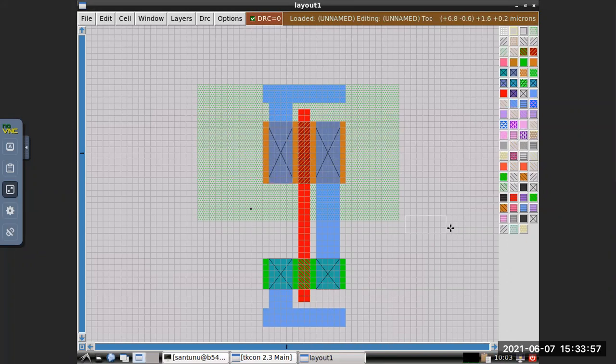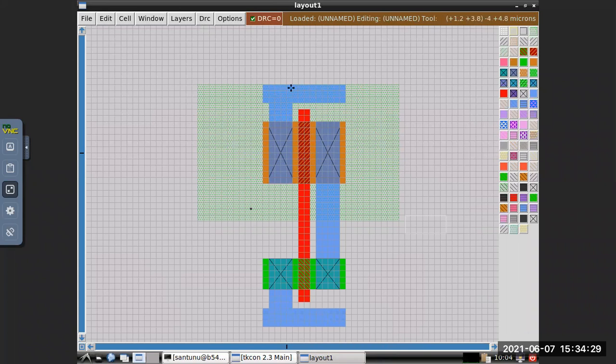Okay, so now what you will do, you will put N-well contacts and P diffusion contacts. Yes or no? Yes, sir. Okay. For the N-well contact and P diffusion contact, the contact should take at least 4 micron, it is 0.8 into 0.8.